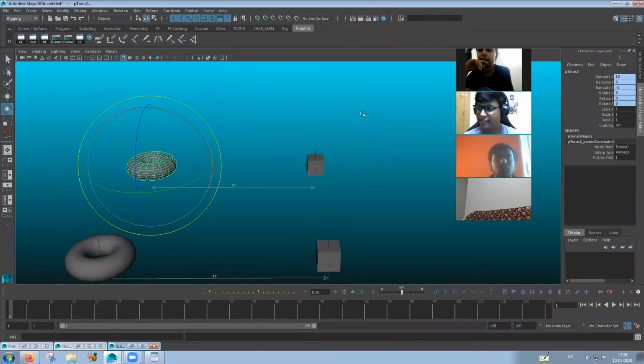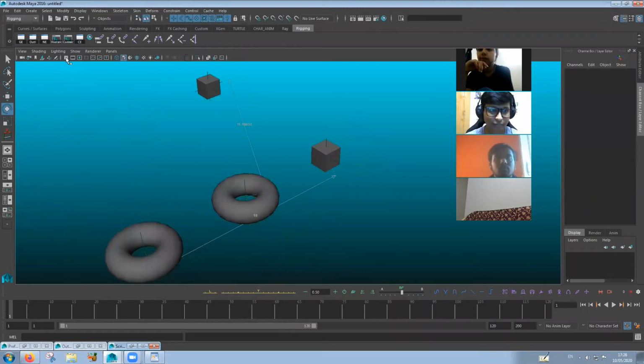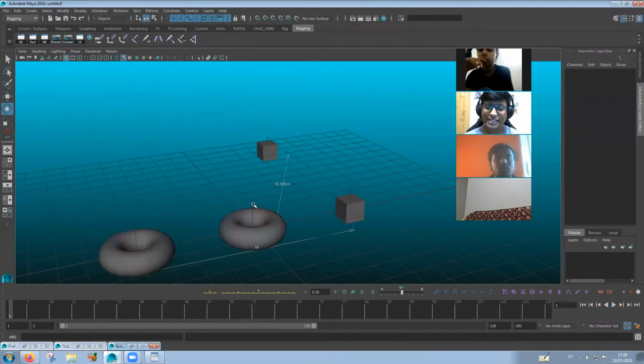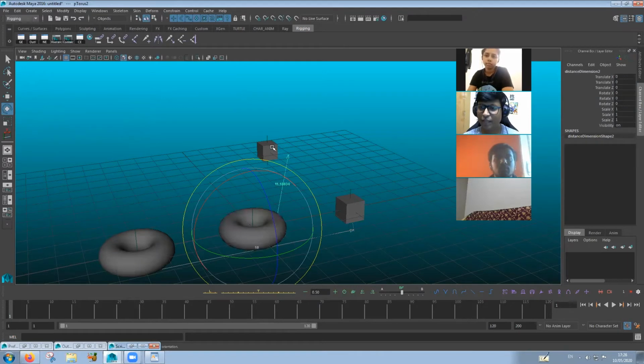And if I zero out all the values, it will go to the center of the grid. That means it still follows the absolute value of the grid. All right. It has nothing to do with the cube. We have just momentarily transferred the controls to the cube's hand, but it is still loyal to the world.